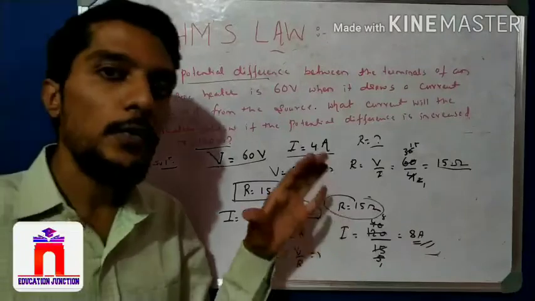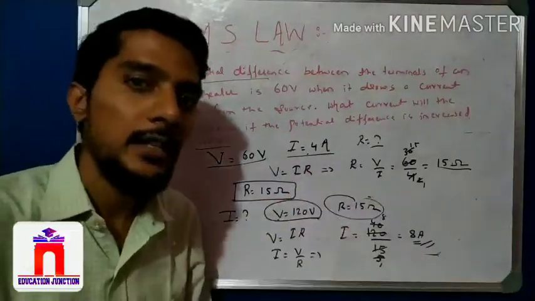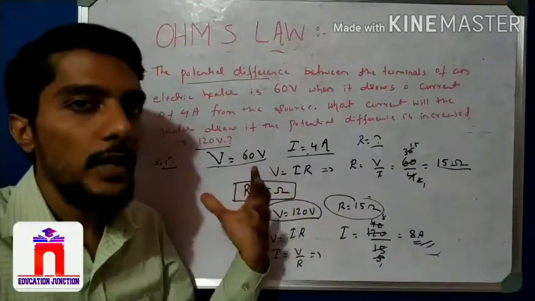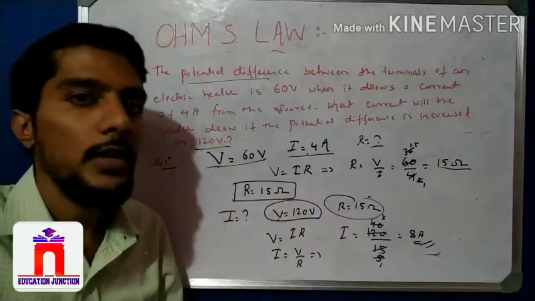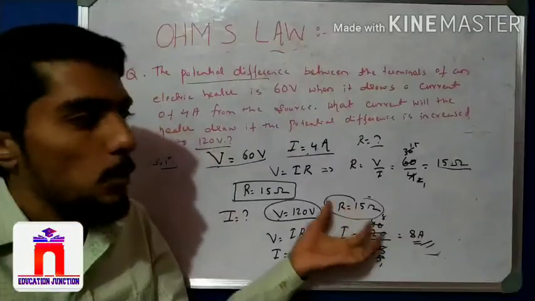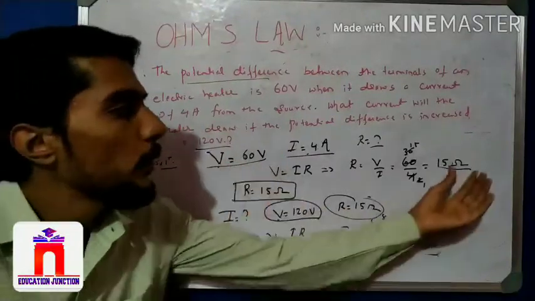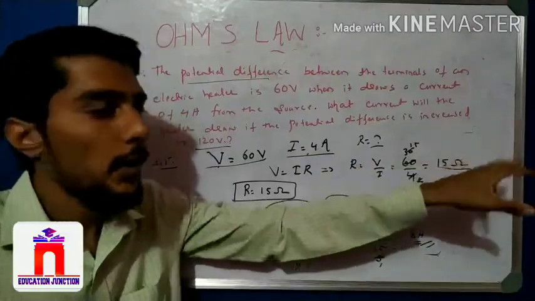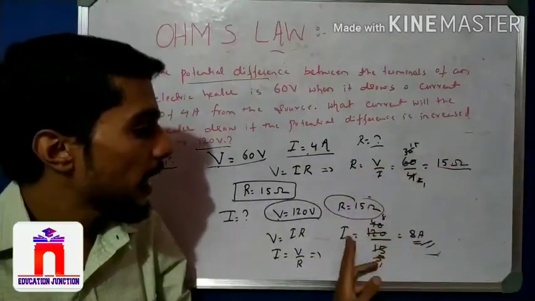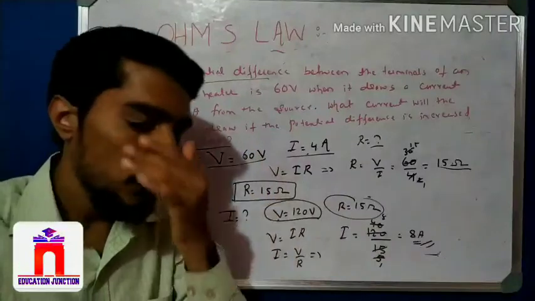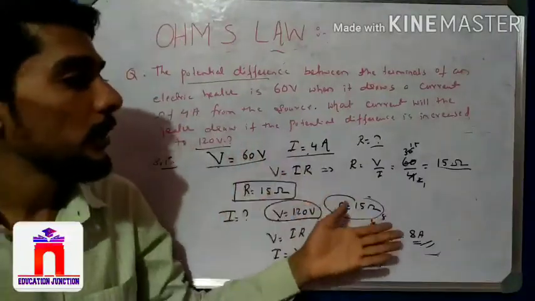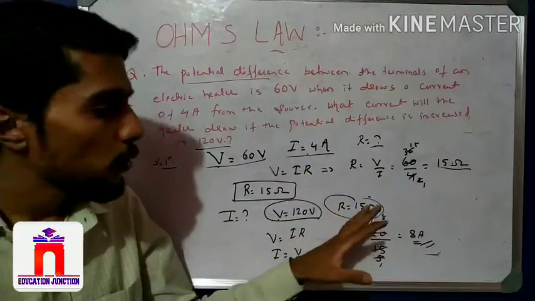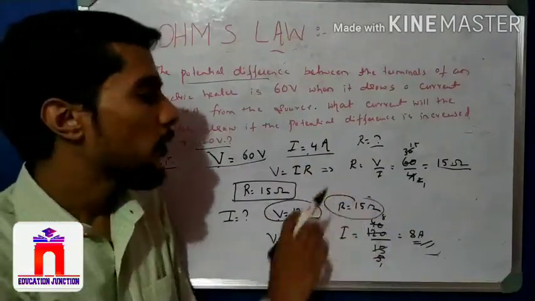So this type of direct problem we use here. In the 10th, it is very easy. In direct problems, R, V and I are given, and we can easily calculate the quantities. But be careful about the symbol and careful about the unit. Sometimes students write R is equal to 15 ampere. See, that is ohm, current is ampere, voltage is volt. So be careful about the units and the calculation, right? Sometimes there are mistakes in calculation, so calculate the numericals carefully.